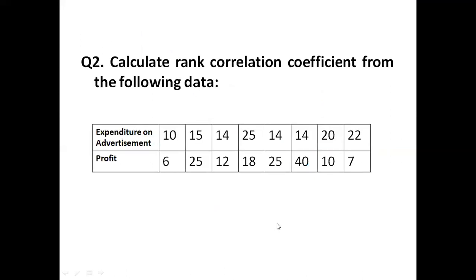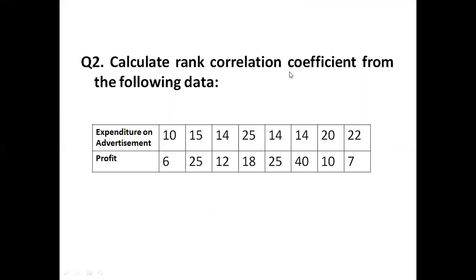Now we move to the second question. As I said, there are two scenarios: when we have different numbers, or the second scenario when we have some numbers which are similar to each other. Some of them may be similar, maybe occurring 2 times in a particular set of data, or maybe 3 times, maybe 4 times. So let's go through the second question.